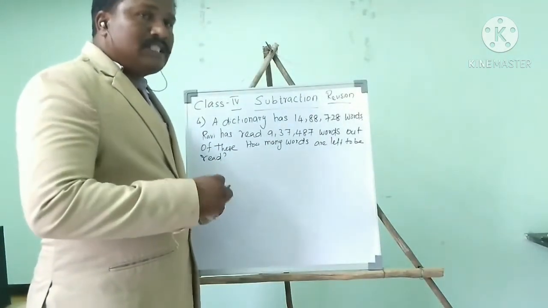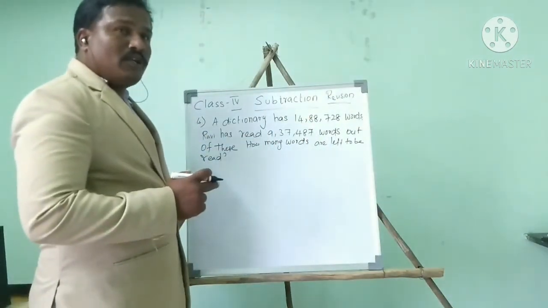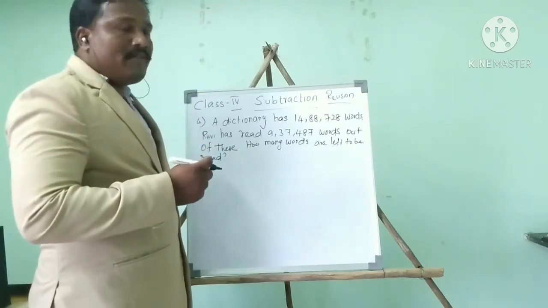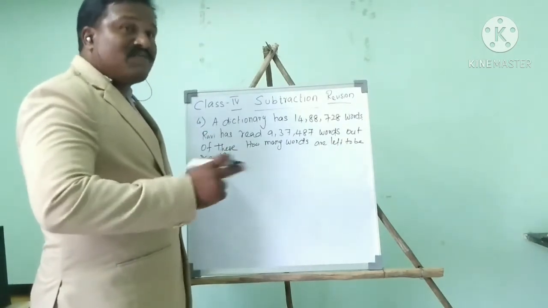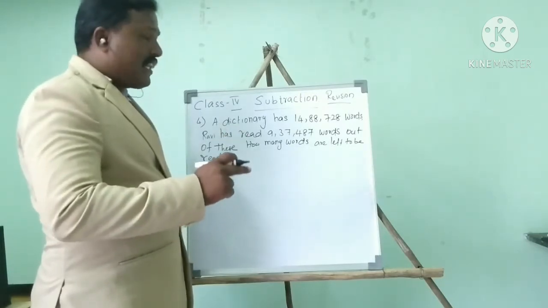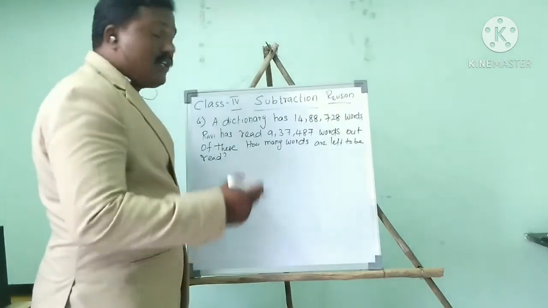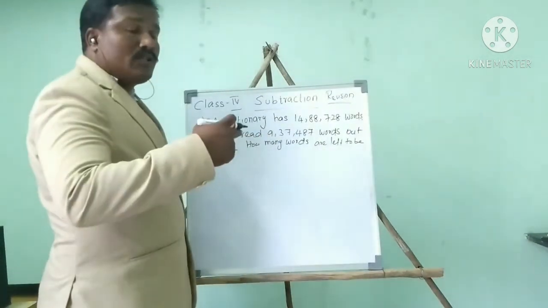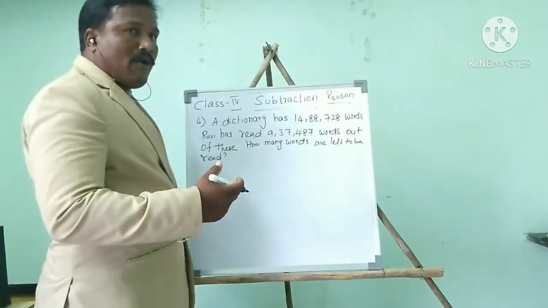So I am going to do subtraction. This is the larger number. We know very well, when we have a larger number we always call it a minuend. The smaller number we call a subtrahend. Okay. We want to find out the difference. That's the answer for the words he left. It means the words he did not read. We want to find out how many words he did not read.